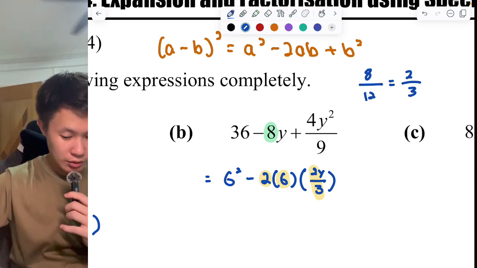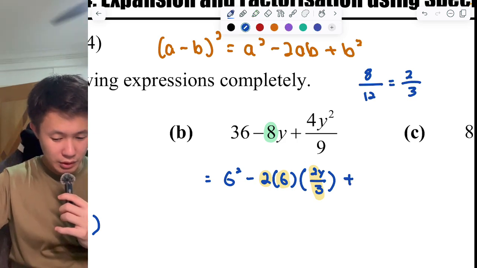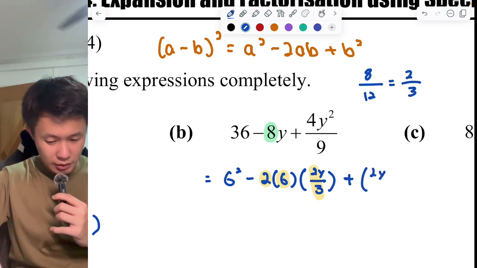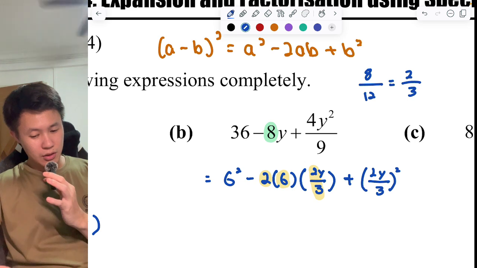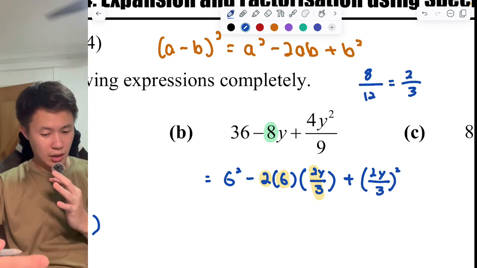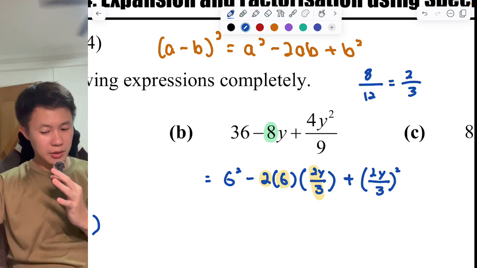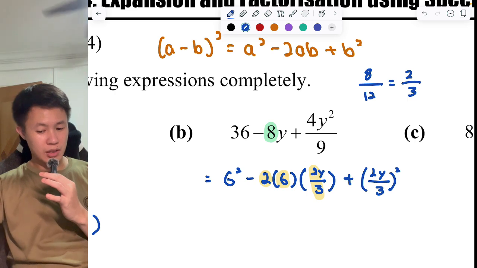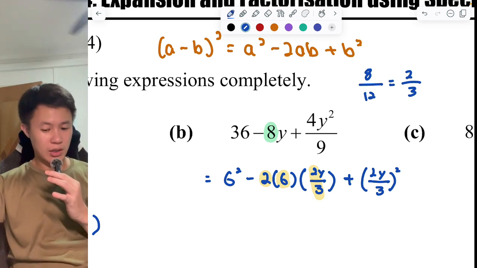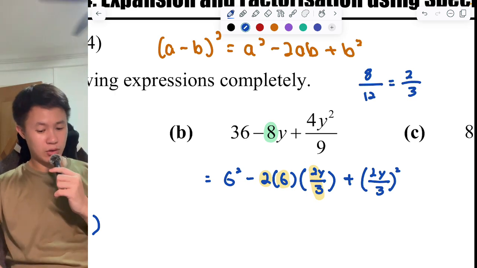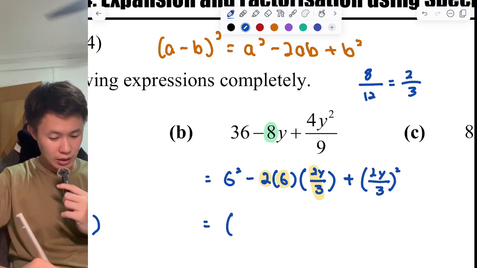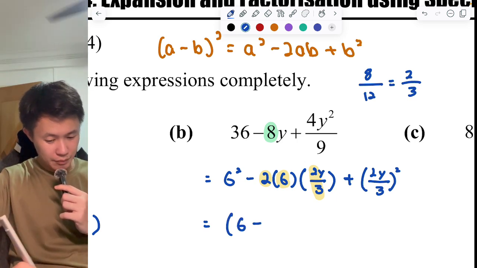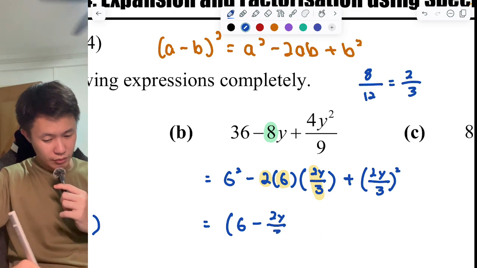Now we look at your b square term. It will be (2y over 3) square. So it's 4y square over 9. So this is how it goes, right? And if you think about it, if you square all these numbers, 2 square is 4, y square is y square, 3 square is 9, that gives you your 4y square over 9. And that you will have, you take your a, which is 6, and your b is minus 2y over 3